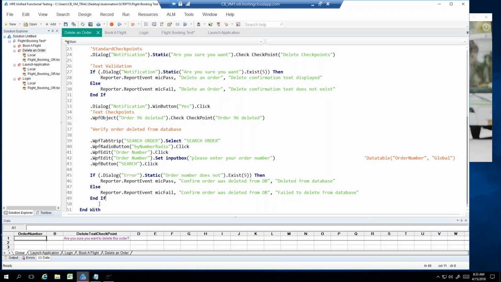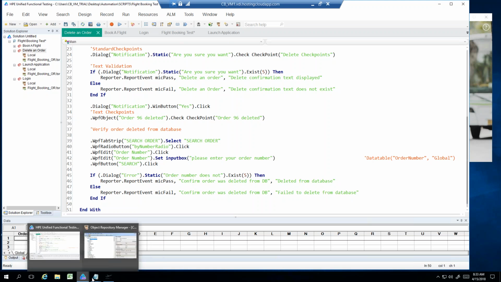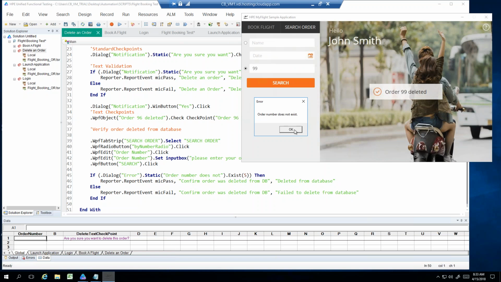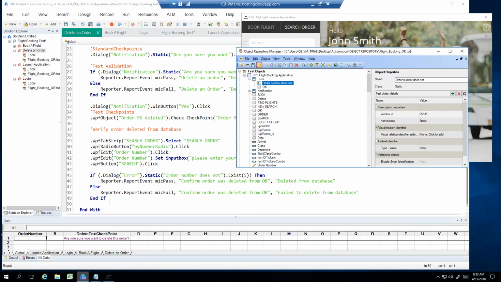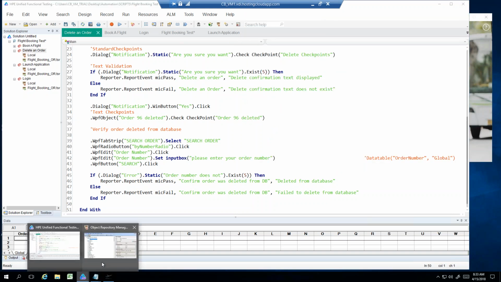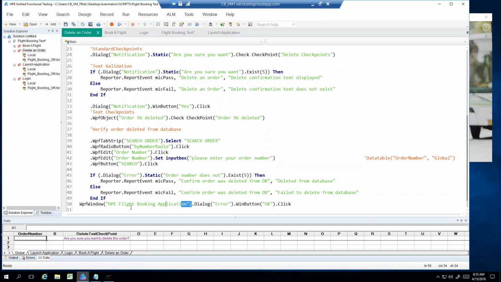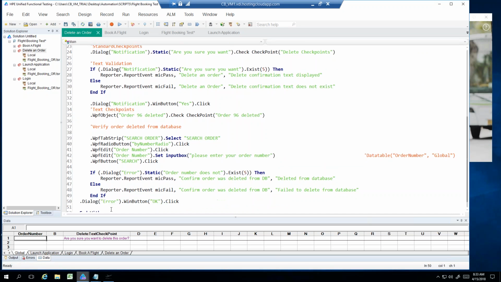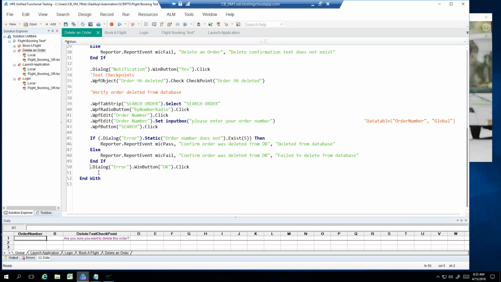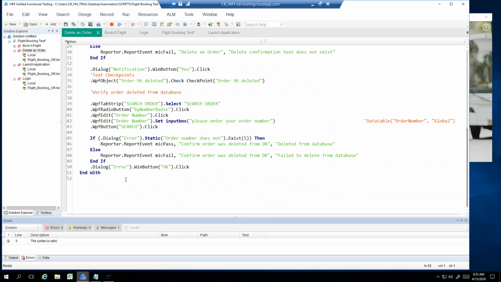So this is what we will be doing. After we confirm, we want to verify if it's actually, we want to click on it, okay, right? So that's the one we want to click on, and that tells, okay, that test is completed. So we can just drag from the data table, or you can write it down by dialog box. So drag and drop. We know this line is not there, so remove it and click OK, right? And Control F7 if there is an error. Okay, so now